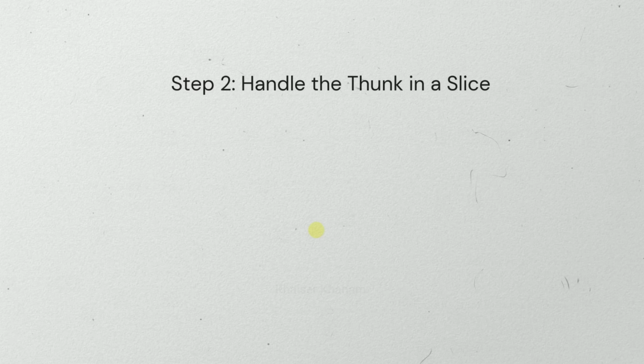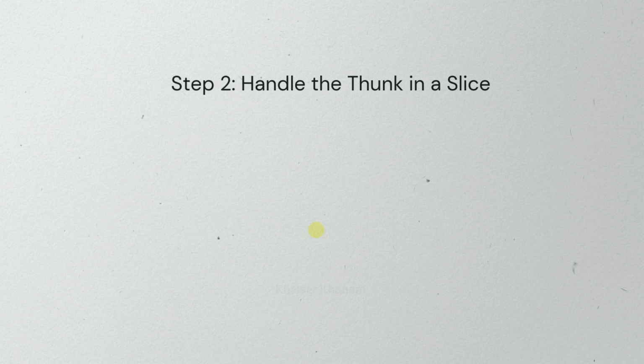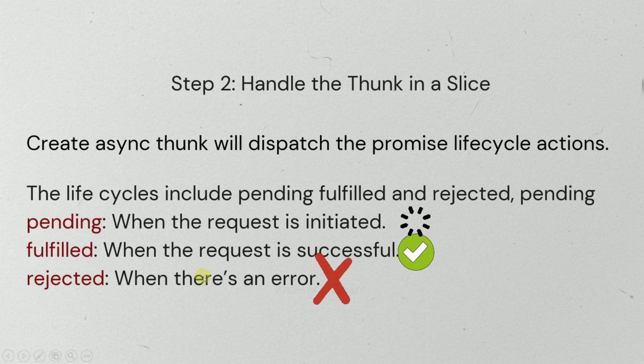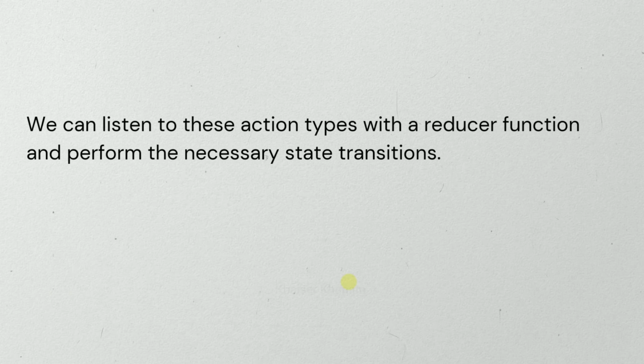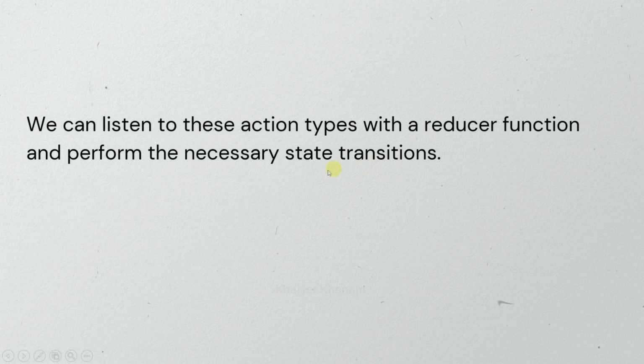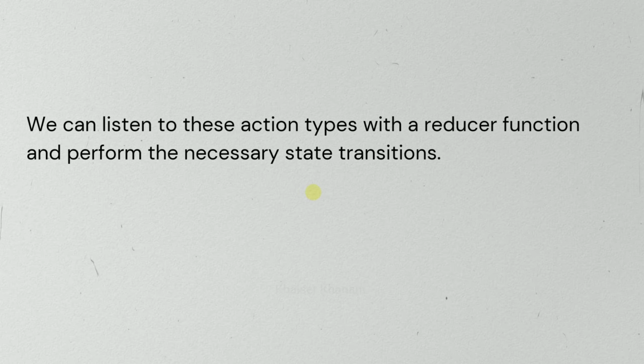Then, inside this second step, we are going to handle thunk in a slice. So, the createAsyncThunk function is going to dispatch the promise lifecycle actions, and those are pending, fulfilled, and rejected. Pending when the request is initiated, fulfilled when the request is successful, and rejected when there is an error while fetching the data. So here we can listen to these action types with a reducer function and perform the necessary